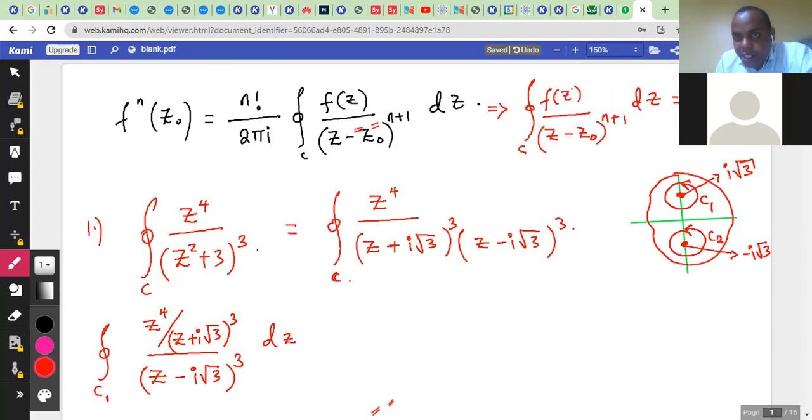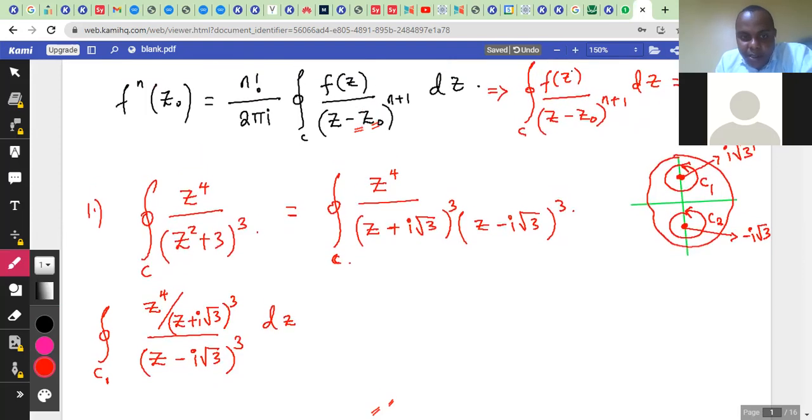Okay. And according to Cauchy's formula, this is going to be equal to 2 pi i times f(z) at the point, square root of 3, divided by n factorial. Why are you dividing it? n is going to be 2. It's 2 pi i divided by 2 factorial, because you see n plus 1 is 3, so n is 2. And then this is going to be the second derivative